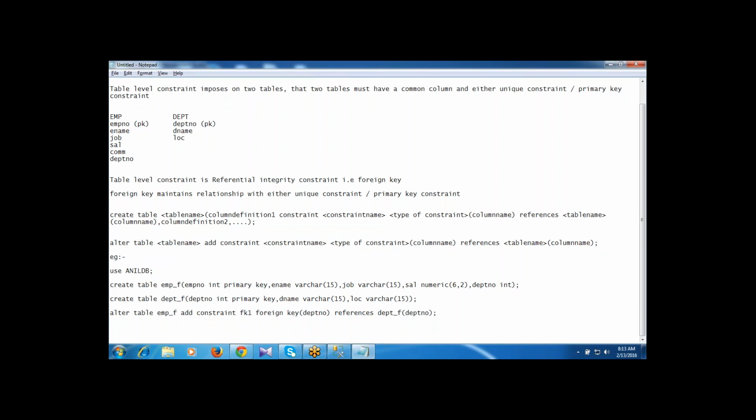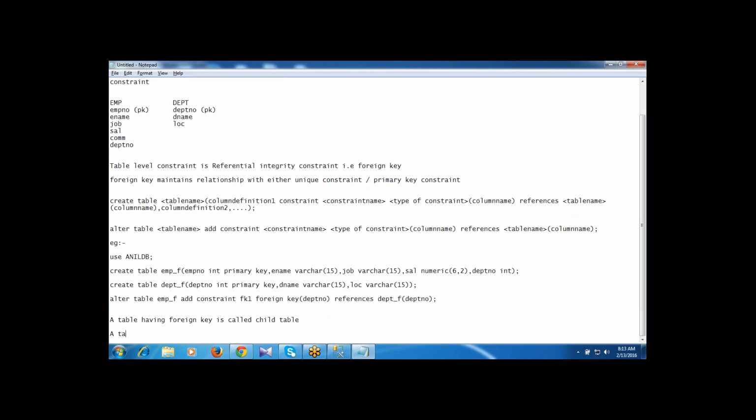So here in this table, what is a child table and what is a parent table, that we need to discuss. A table having the foreign key is called the child table.